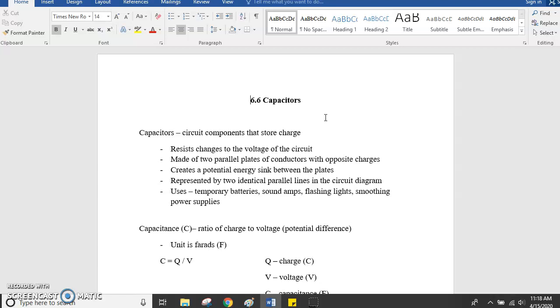These are things like resistors or light bulbs or batteries. They're parts of a circuit, but their job's a bit different. They store up charge temporarily. They work by having two parallel plates of conductive materials that are oppositely charged, one positively charged and one negatively charged, but there's a gap in between. And so the charge cannot cross through that gap until it builds up enough potential energy that it can suddenly